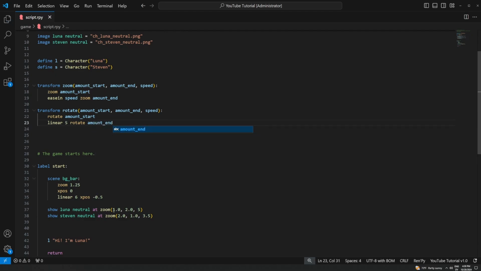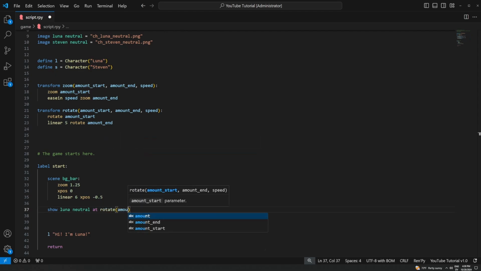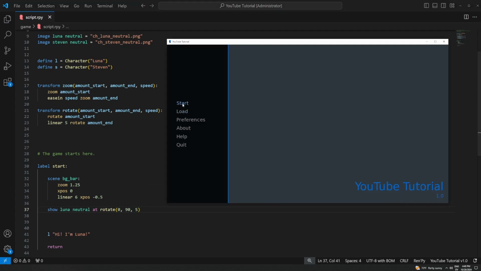Amount end. So let's try that now with Luna. Let me get rid of the Steven line for now. And we're going to show Luna neutral at rotate. Let's start at 0, which is a 0-degree rotation. So that's just going to be right side up just like she normally is. Let's have it end at a 90-degree rotation. So this one is in degrees. And then speed, we'll do what we did before and say 5 seconds. So when we play that,